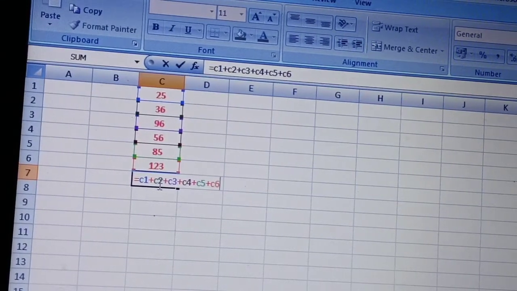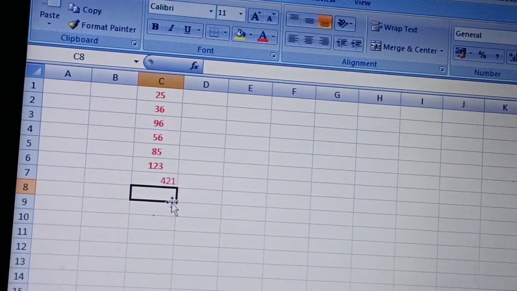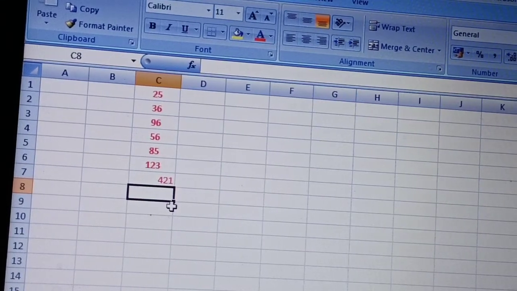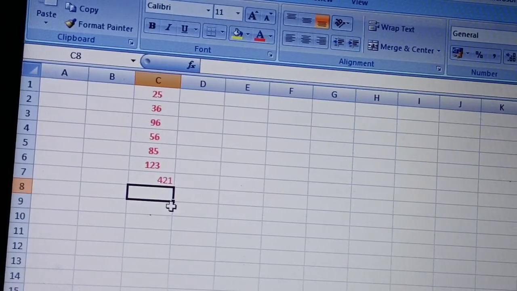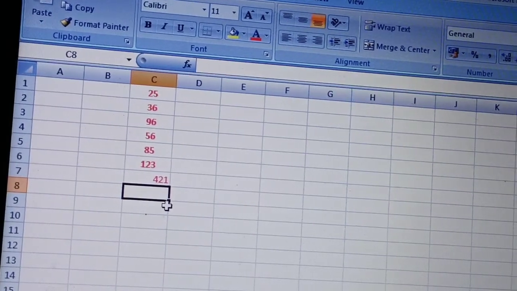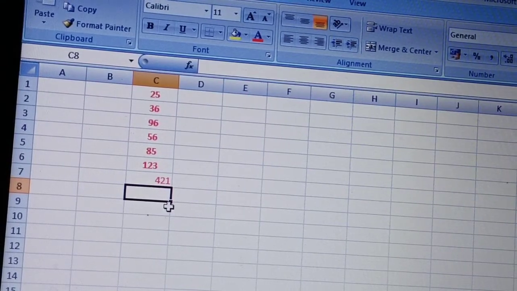Clear? After this you click on the enter key, and you get the result. You have two methods, you simply write the cell address or you simply drag with the help of the mouse.